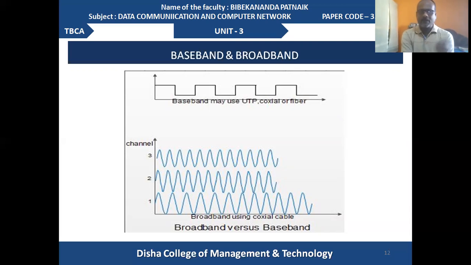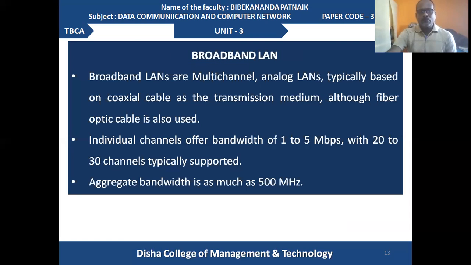But on the other side, broadband uses the coaxial cable, because there are certain signals or channels there that can actually communicate in waveform. That's why the analog signal can be communicated from one end to another in the case of a broadband connection. On the other side, baseband is widely implemented with digital communication of signals from one end to another. So let's begin with the concept of broadband LAN.